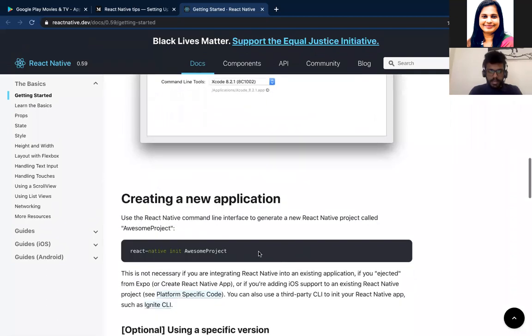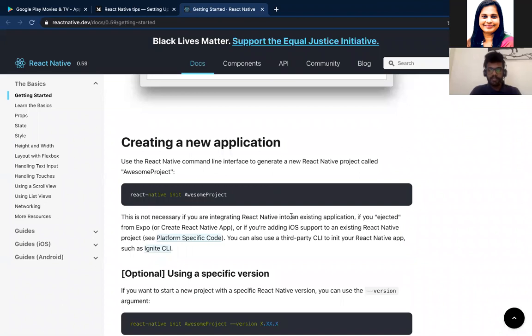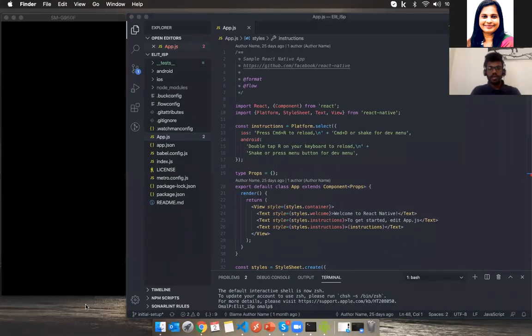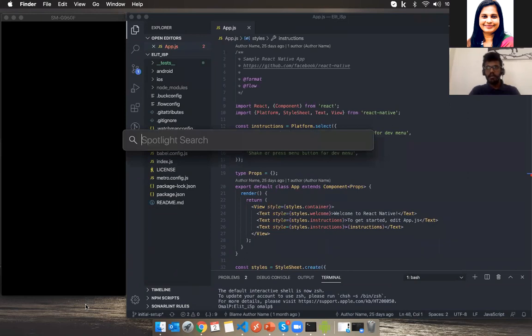So let's go and initialize a React Native project. Let's copy the command. You can see creating a new application. By using this command, we can create a new application. So copy this, and you should go to your, maybe you are on a Windows machine, it doesn't matter. You can open a command prompt, or type cmd once you press the Windows button on the keyboard. And here, as I am on a Mac, the corresponding application is Terminal.